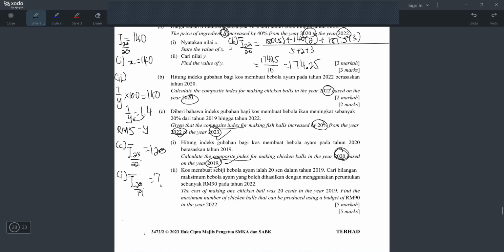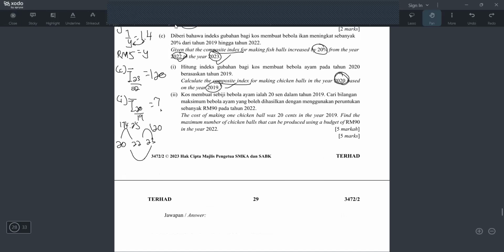Okay, because since I have this and this already, the first thing first is do one smiley face 1 time for 2022, 2023, and 2020 first. Yeah, I think that's the first smiley face, right? So I will write 2020, and then 2022, 2023. So 2320 is 120, right? And then 2220 is 174.25. And to get the bottom part, 2320, I will take